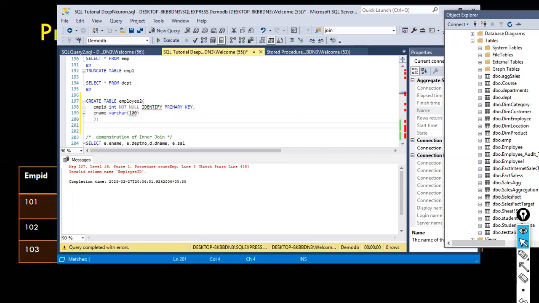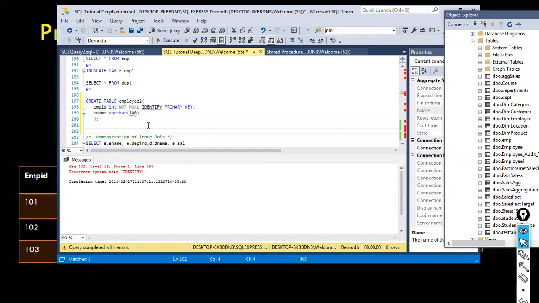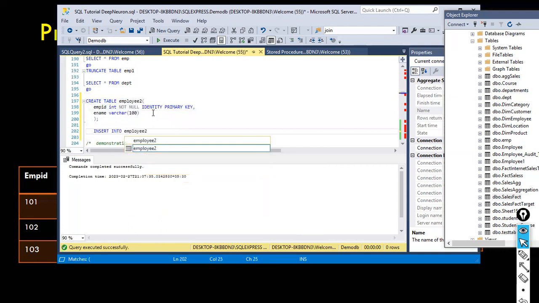This is just to help you understand how the identity works. This one generates the unique keys and it inserts the data automatically. Incorrect syntax. No, employee ID int not null identity. Okay. If I insert that, insert into employee, 2, and here if I say